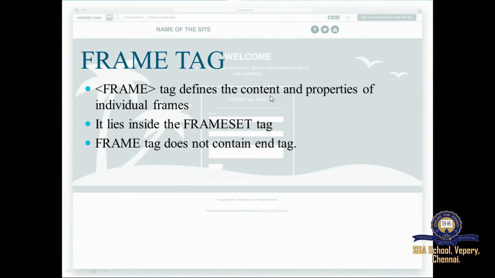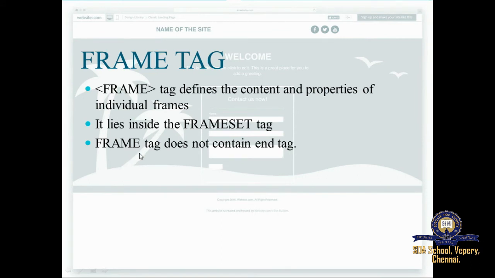It defines what every individual frame should contain. It should lie inside your frameset tag. And there is no end tag for the frame tag. That is, the slash frame is not necessary for your frame tag.